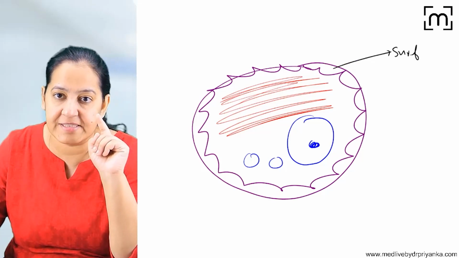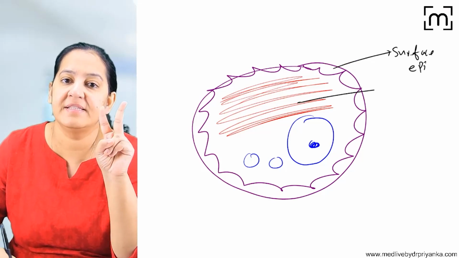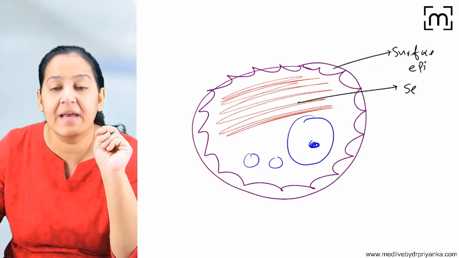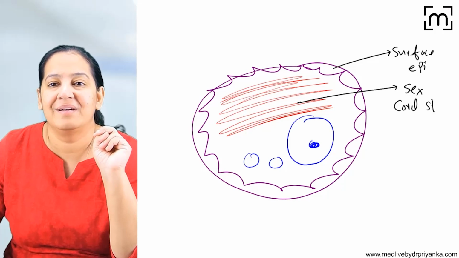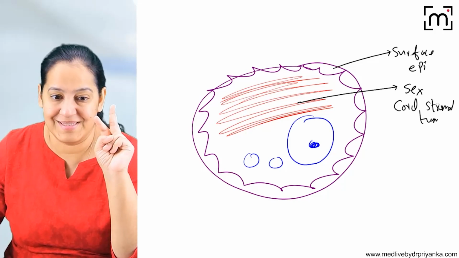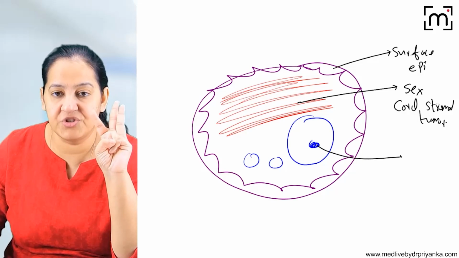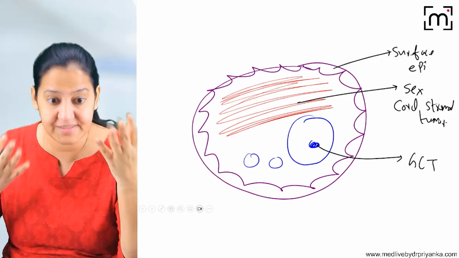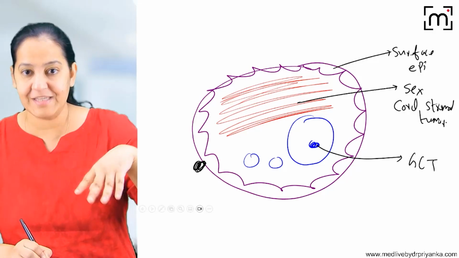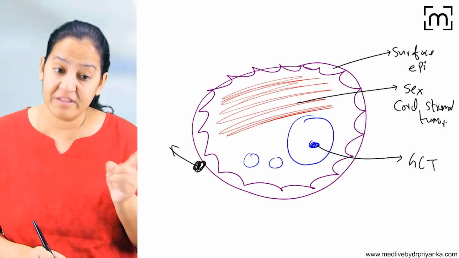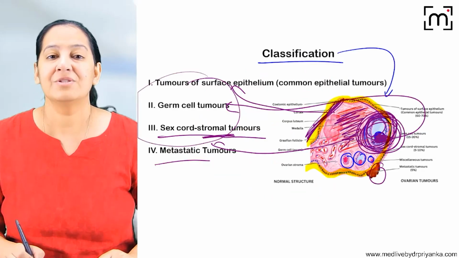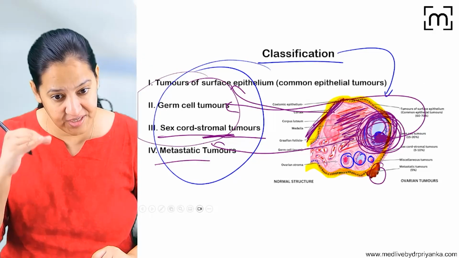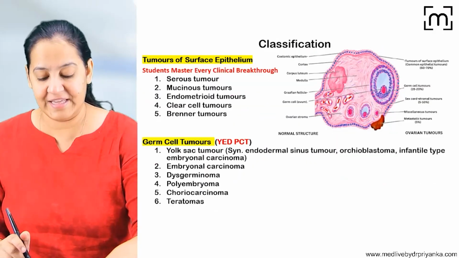So these are the surface epithelial tumors. These are the stromal tumors, sex cord stromal tumors. To say it correctly and completely, say sex cord stromal tumors. And finally, the tumor arising from the germ cell is known as germ cell tumor, GCT. So these are the 3 primary. Apart from that, the metastatic tumors can occur, the secondary tumors in which the primary is present in some other organ, but the tumor is involving the ovary secondarily. So these are the 4 types of tumors present in the ovary. Now let me tell you the classification under each category one by one. So let's take the first category,